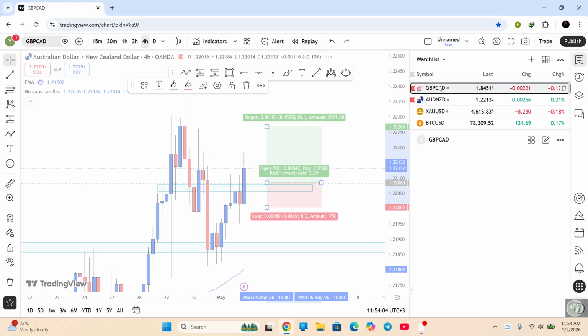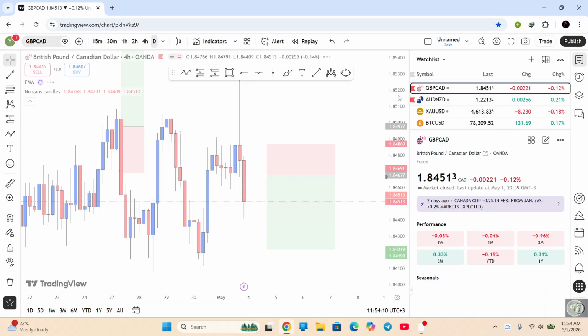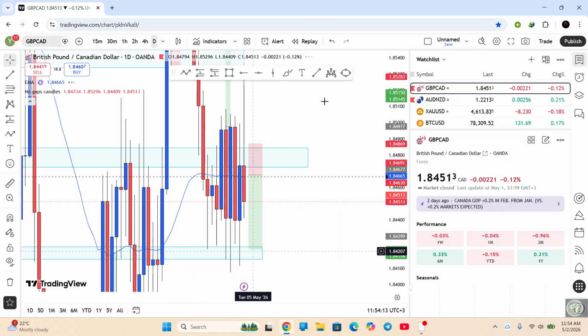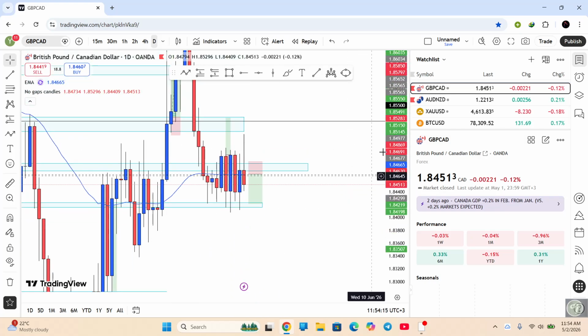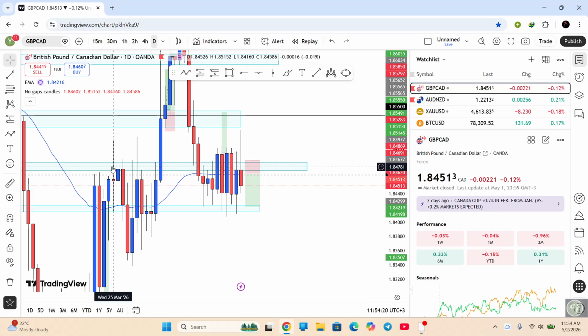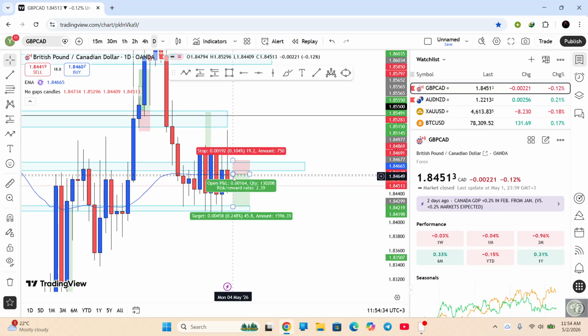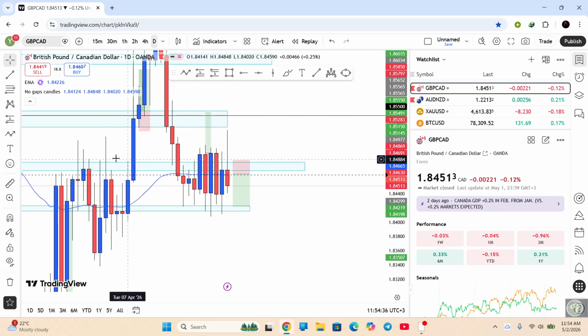The second pair that I am very much interested in is GBP CAD on the daily time frame. On the daily time frame, as you can see, wait, it's loading. Okay, on the daily time frame, we have been accumulating under this resistance level for almost a week. And lastly, Friday, it formed this beautiful liquidity grab, liquidity sweep, stop hunt, whatever you want to call it, a